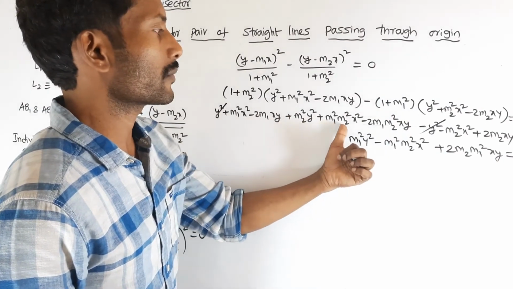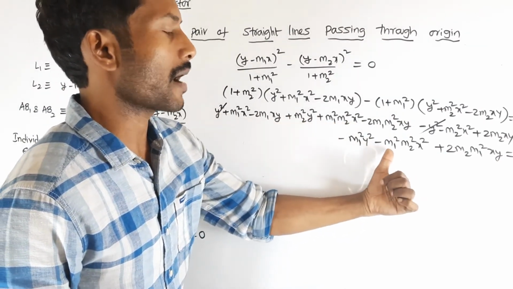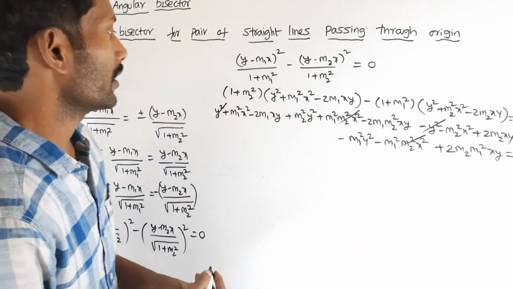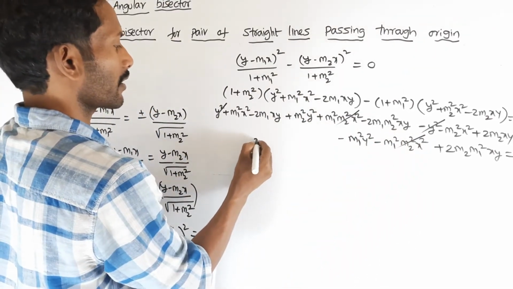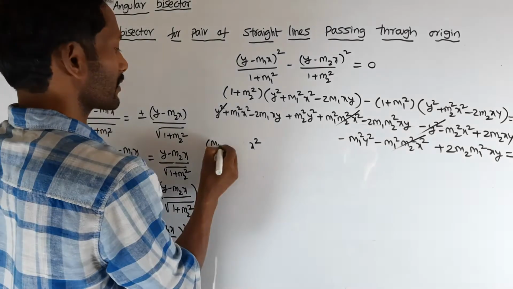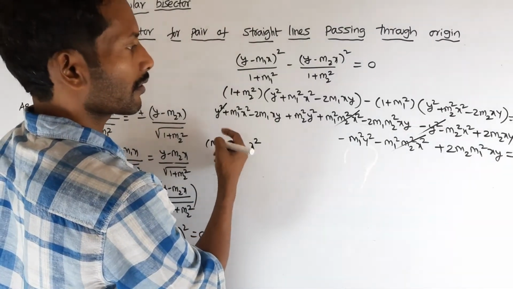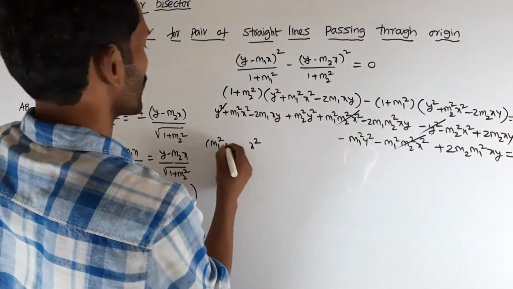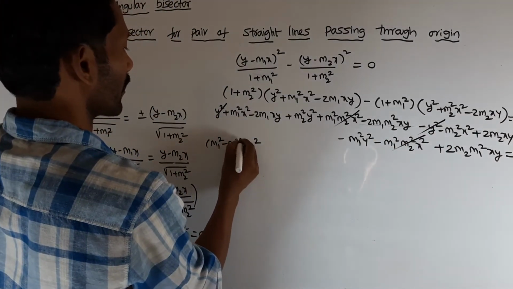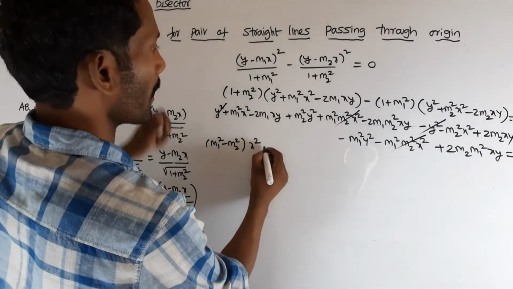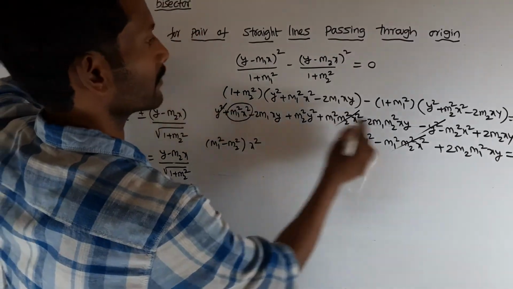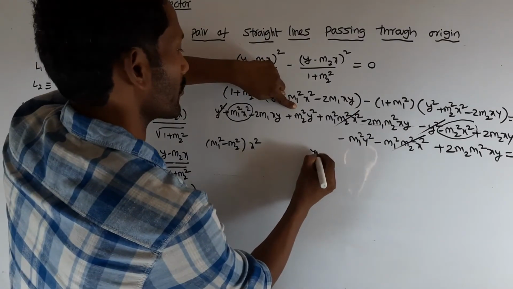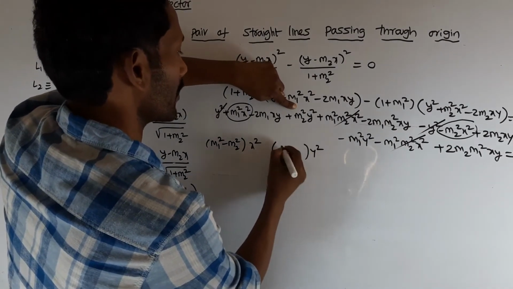m1 square m2 square x square minus m1 square m2 square, cancel out these two. So bring outside x square. Now m1 square, where is x square, minus m2 square. Next, this one is over. Just y square, bring outside y square,